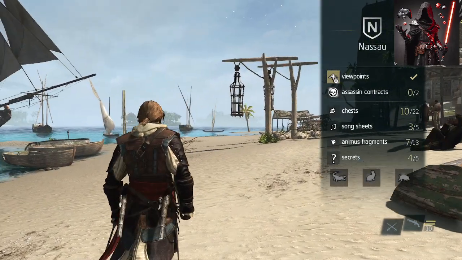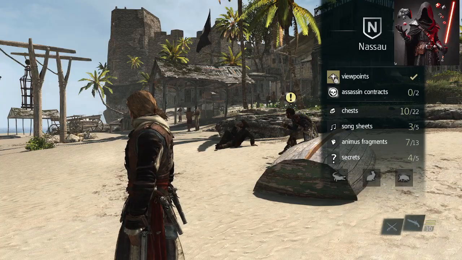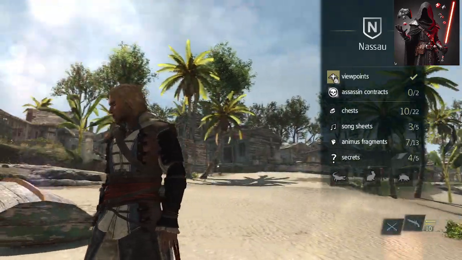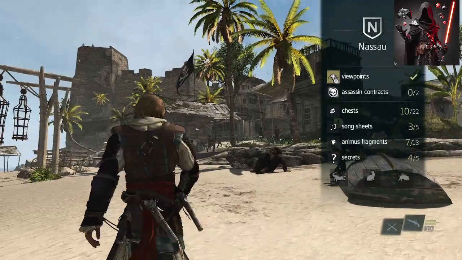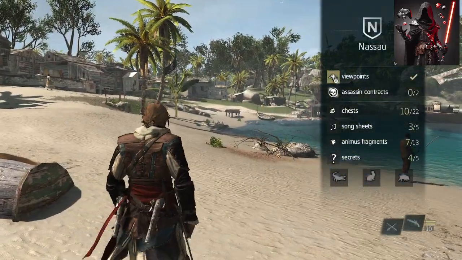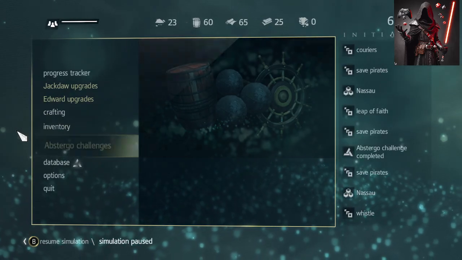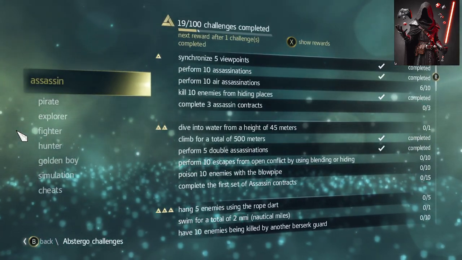I have two more song sheets to collect, one more secret to discover, and I still need to hunt at least one of each of the local animals. The animus fragments, there's still a bunch left. I'm actually going to try and ignore them in future, folks. I'm also not going to bother with these challenges as well, folks,